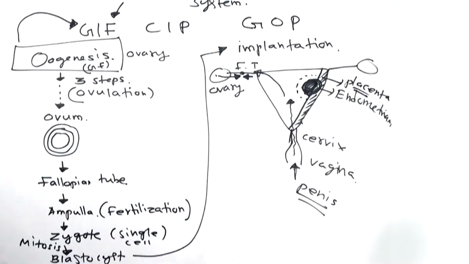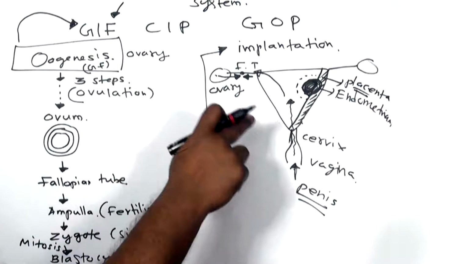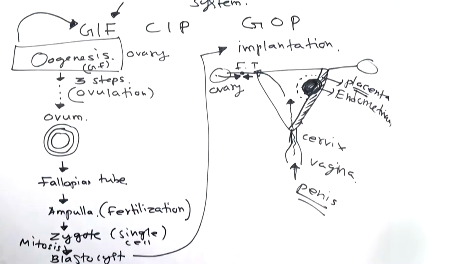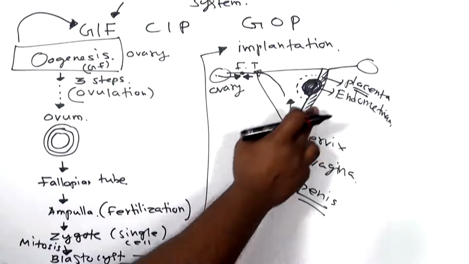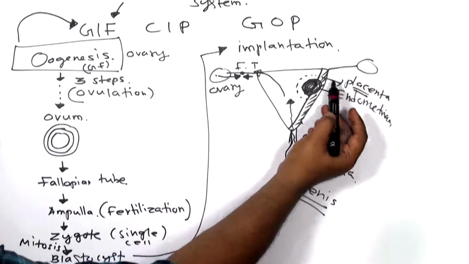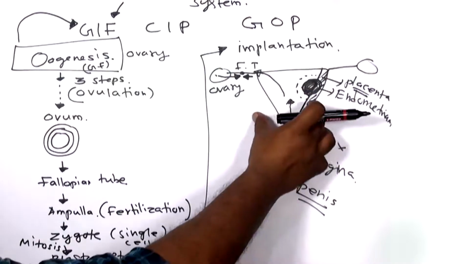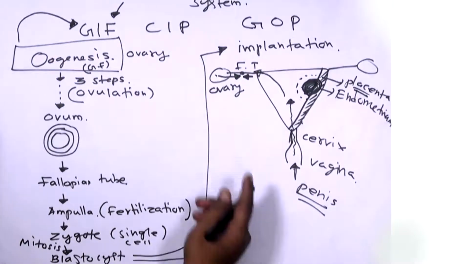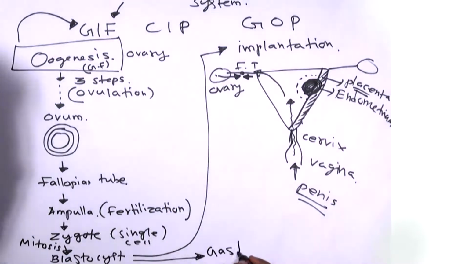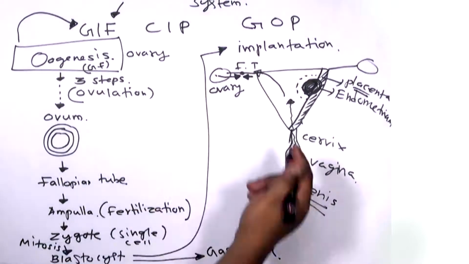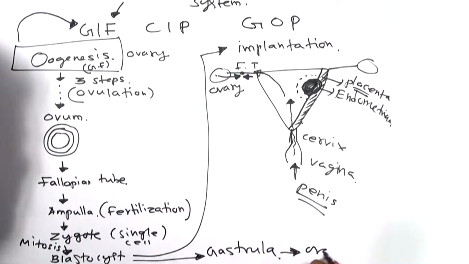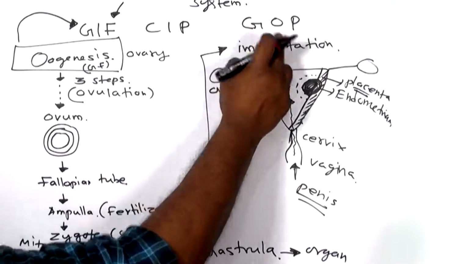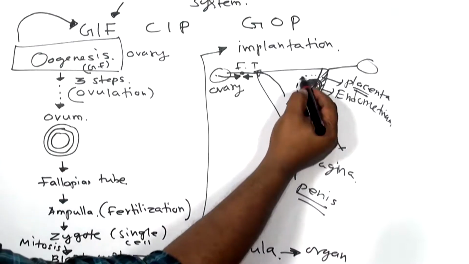Based on placentation, mammals are called prototheria, eutheria and metatheria. We are eutherians. This placenta will have a connection with the mother, and later on the blastocyst will be turned into the next important stage called the gastrula by a process called gastrulation. Once the gastrula is produced, it will be involved in the formation of organs in the body. Then after the formation of the organs, it is turned into a baby.